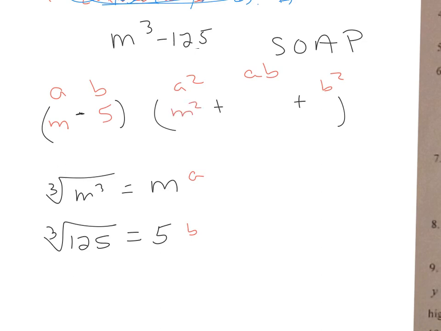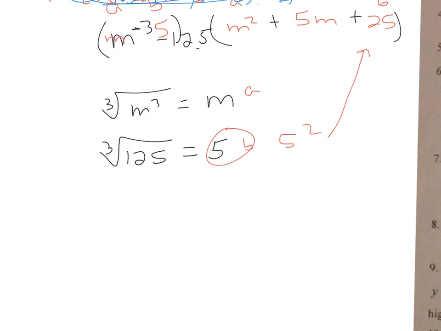M squared, 5m in the middle, and then I have 5 squared, the b squared. 5 squared goes right over here. B squared, that's 25. So that's my answer, and that's factored completely. All right, so let's take a look at the next one,